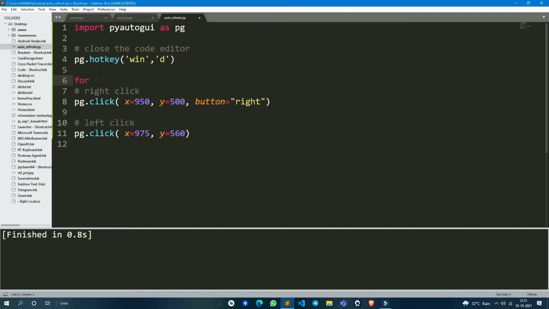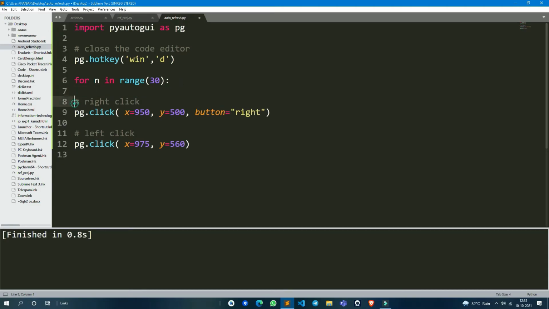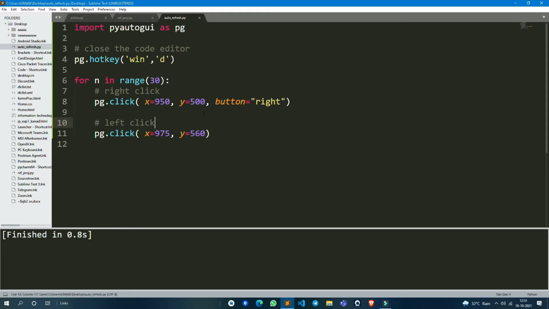For, and in range. Okay, a for loop, and inside the range you will provide how many times you want to refresh. So I'm giving 30 times I want to refresh, so the refresh will be done 30 times automatically.